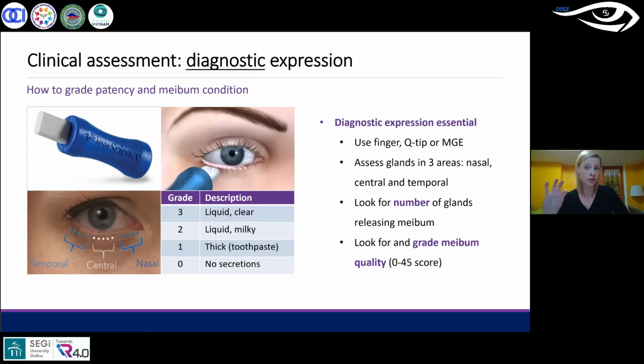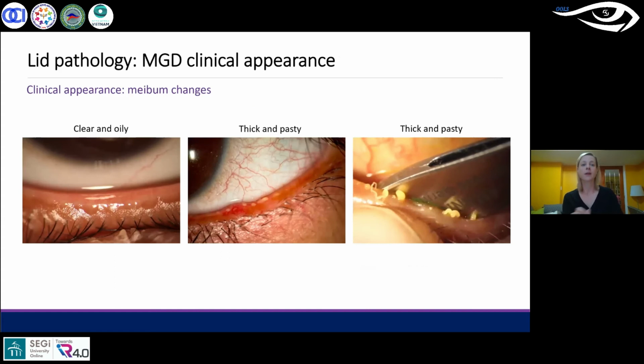It could be with a Q-tip. And there are some other proprietary little depressors now that are available that you can also use. So find and make sure this is in your routine for both investigating in dry eye patients and in contact lens wearers. And the kind of things that can be coming out, well, ideally the first picture,